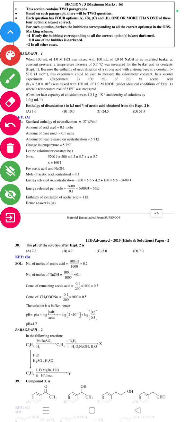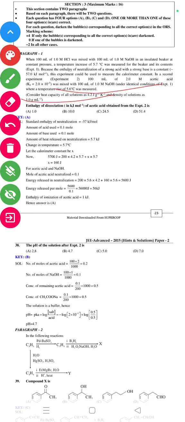In a second experiment, 4 ml of the 2 M acetic acid (K equal to 2 × 10⁻⁵) is mixed with 4 ml of the 1 M NaOH under identical conditions of experiment 1, when a temperature rise of 5.6 degrees Celsius was measured. Consider the heat capacity of all the solutions as 4.2 joule per gram per Kelvin and the density of the solution as 1 gram per ml. The enthalpy of dissociation in kilojoule per mole of the acetic acid obtained from experiment 2 is,